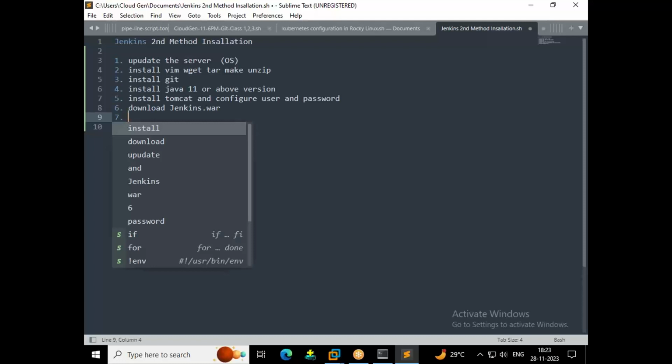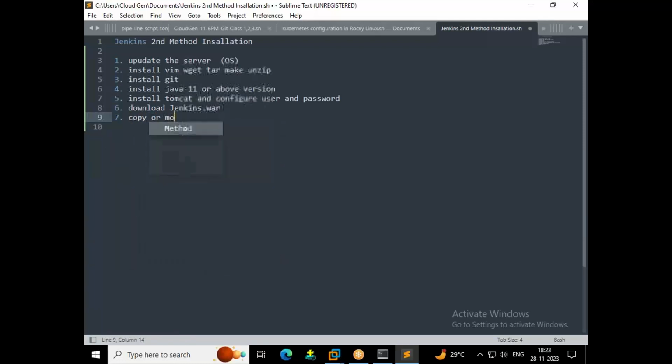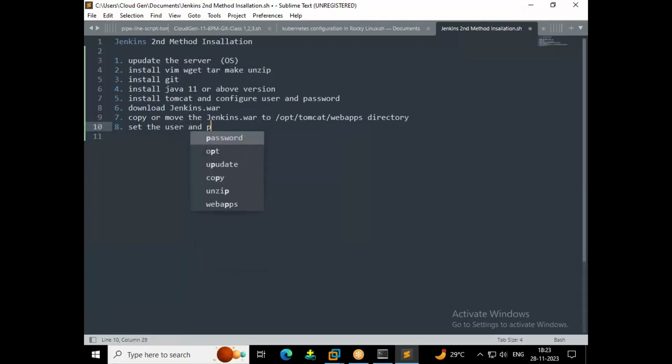Seventh one, copy or move the Jenkins.war to the /opt/tomcat/webapps directory. Next, eighth one, set the user and password for Tomcat login. Okay. Next, ninth one, let's